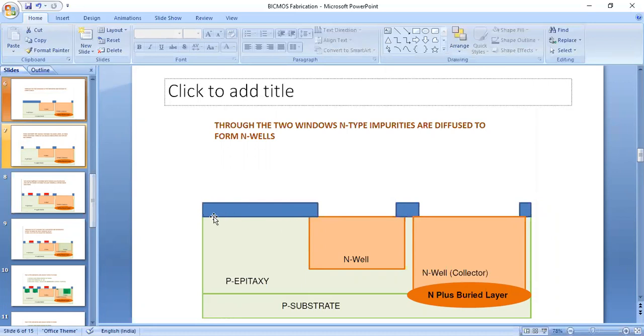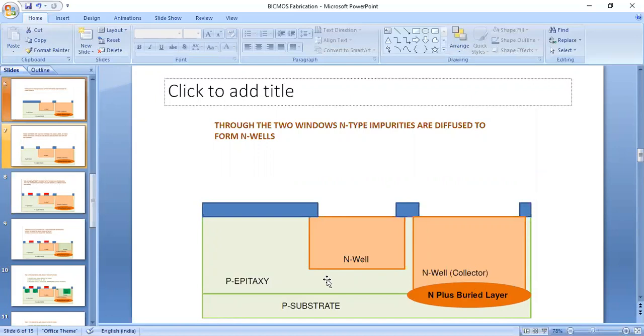So the similar process only takes place within the same BiCMOS preparation. After which we are growing the N wells within the epitaxial layer as well as the buried layer. So what's the meaning here? We are doping the phosphorus, the pentavalent element, to make an N well within this epitaxial layer.